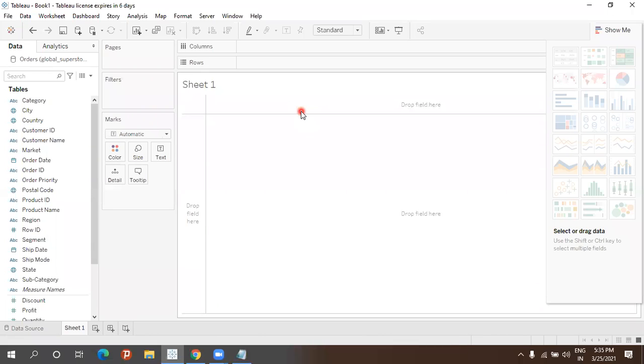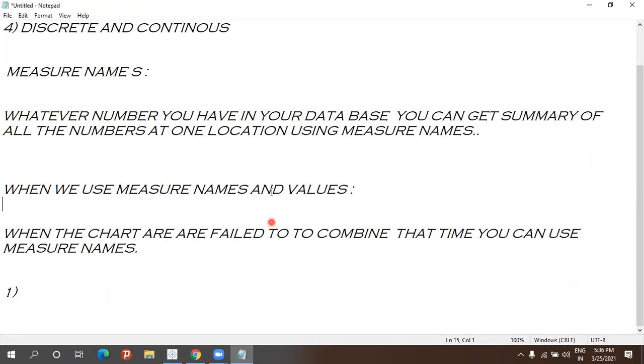How can I show them? Any suggestions? How will you create a visualization for this? I want a chart, a visualization without separate measures. Just tell me how you can create it, and I'll explain further. My question is clear.